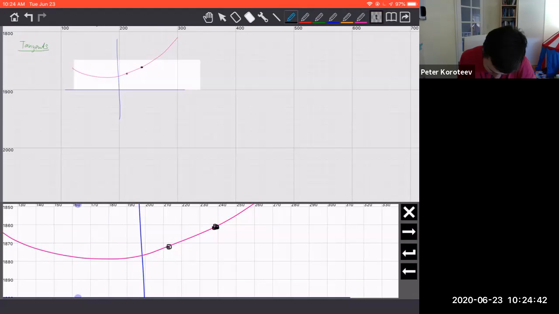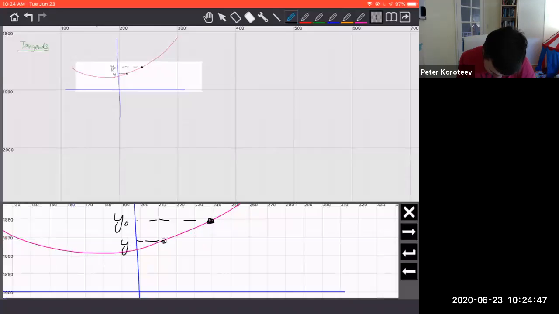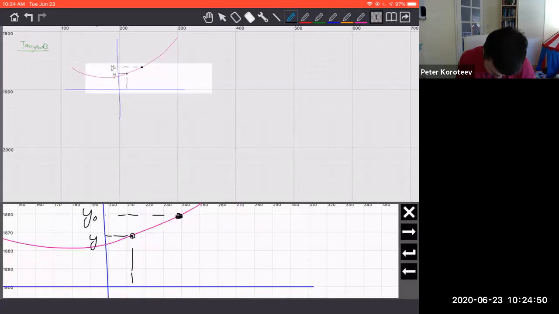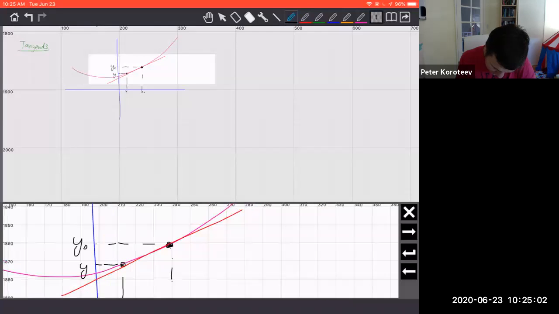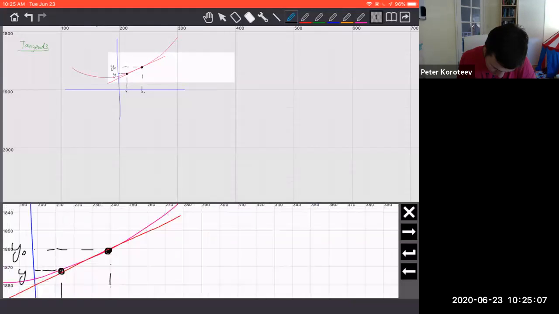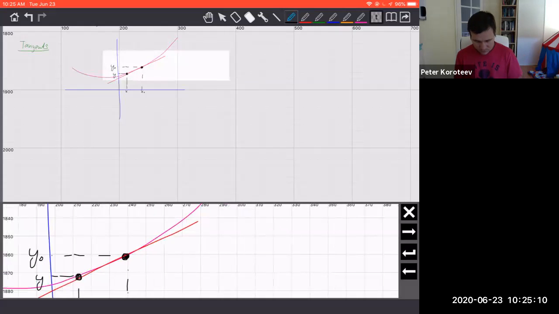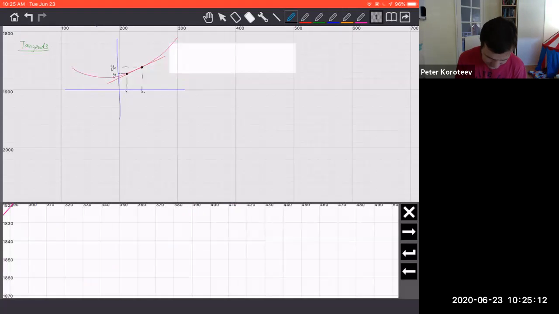All right, so we have 2 points with coordinates y0 and y, and x0 and x, and then we'll connect these 2 points with a straight line, right? And we'll take the limit as x approaches x0, right? And therefore,